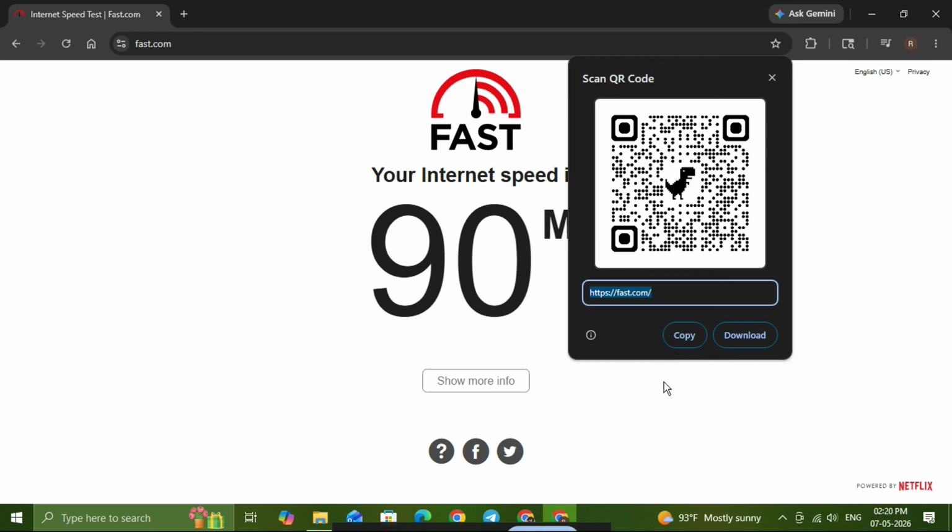As soon as you do, Chrome will generate a QR code for that web page. You can now scan it using your phone camera or any QR code scanner, and it will take you directly to the same page. This is especially helpful when you want to move from your computer to your phone without typing anything manually. You can also use it to share a page with friends, co-workers, or clients in a really